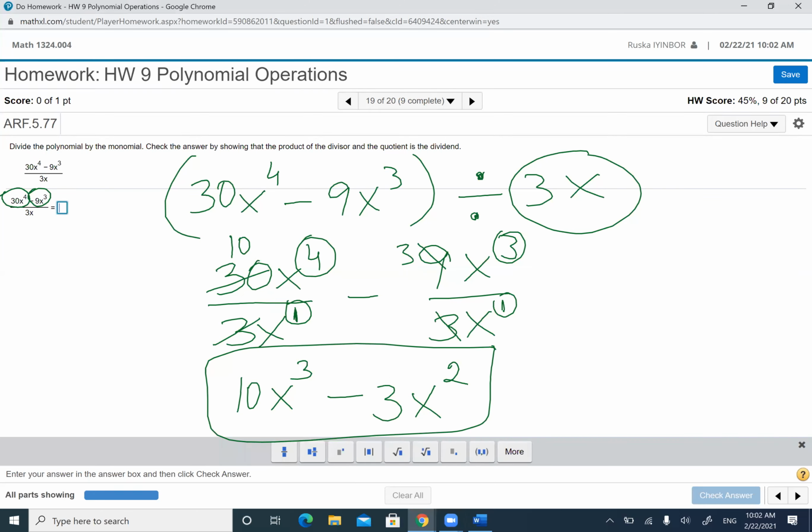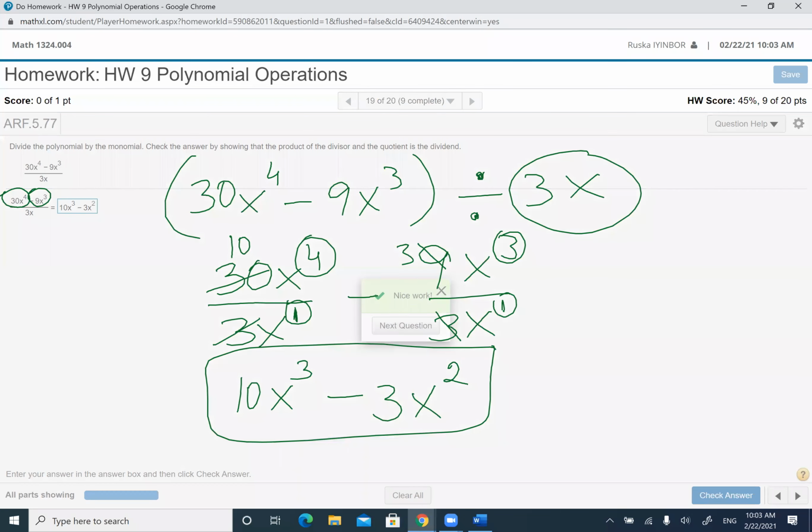Everybody understand the division? You split the fraction. You divide each term by the denominator. I have a question. What if the denominator contains different terms? Yes, I'm going to tell you that. So if you divide by a monomial, this is the best way. If you divide by a binomial, if you have two terms, for example,